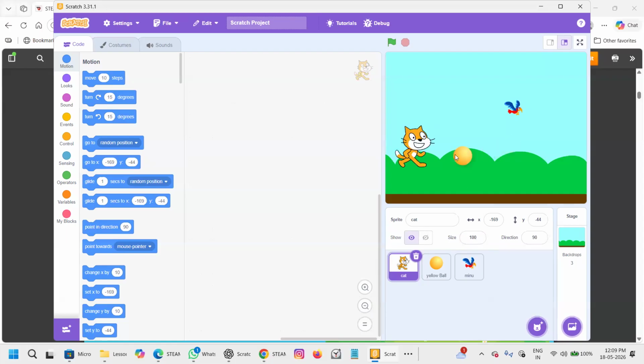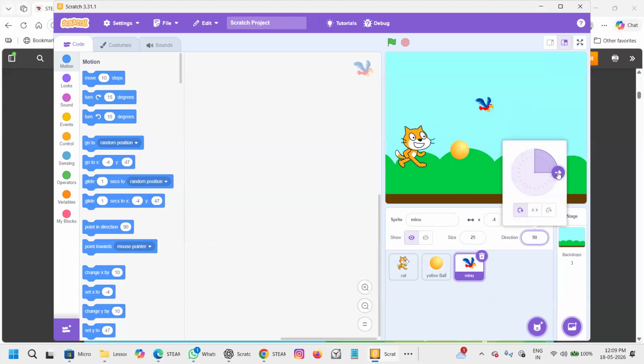And here is the ball. Now this bird, I want to change the position of the bird. It is straight like this. Now here is the degree. I'll show you. Supposing I change it like this. See, the bird's position is changed. Now I can change it more. Yes. Now I change it again. So now it has come back to the normal.